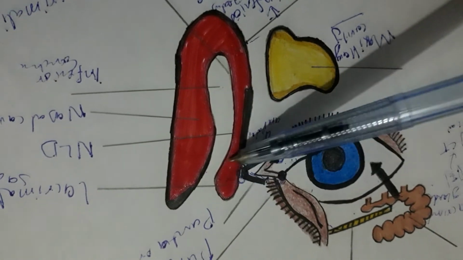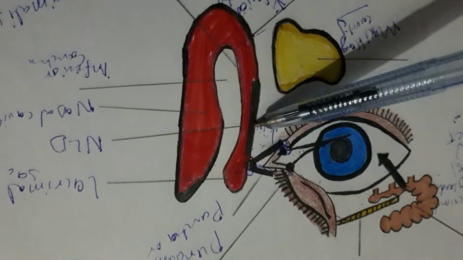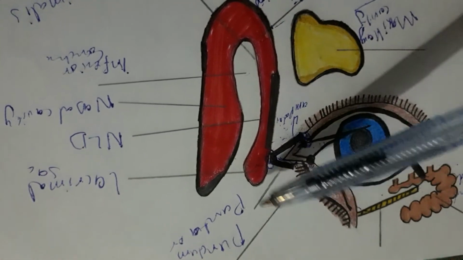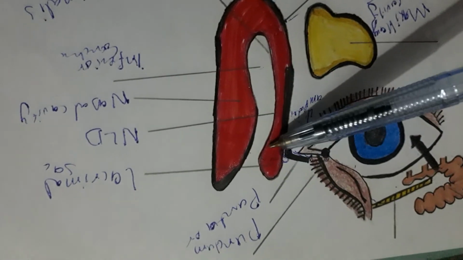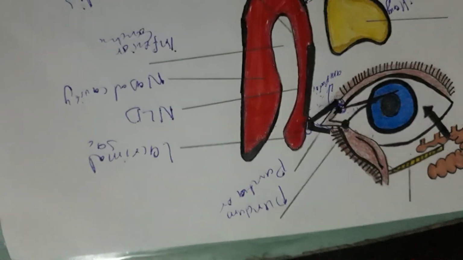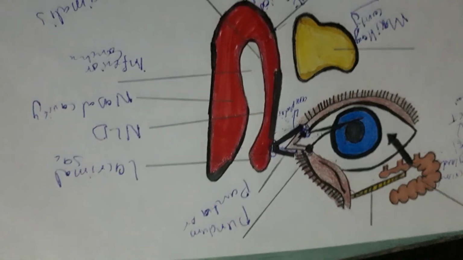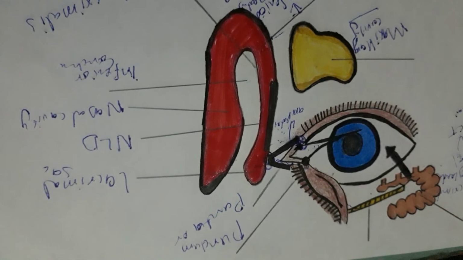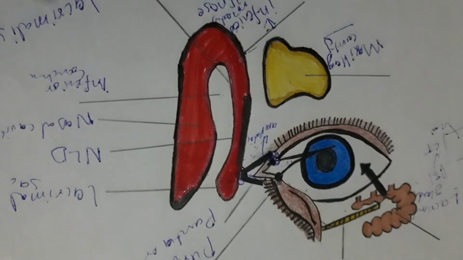The lacrimal sac is present in the lacrimal fossa and the frontal process of the maxillary bone. This is the nasolacrimal duct, and the nasolacrimal sac is lined with fibroblastic columnar cells, and goblet cells are also present in the lacrimal sac and the nasolacrimal duct. And there is a valve of Hasner also present, which